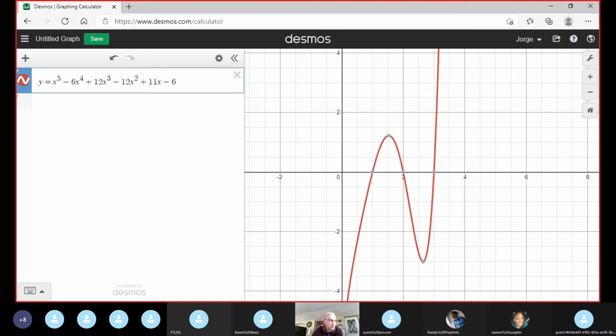Suppose we have a polynomial like that: 2x cubed minus 3x squared minus 11x plus 6. Okay, I need to find the zero of this guy. Well, you put it directly in the Desmos, no? And Desmos gives me